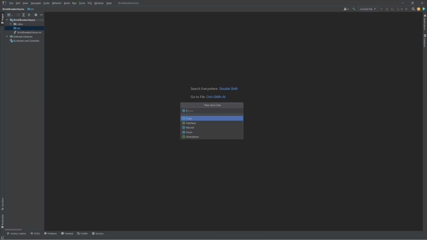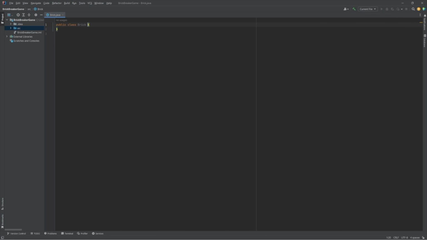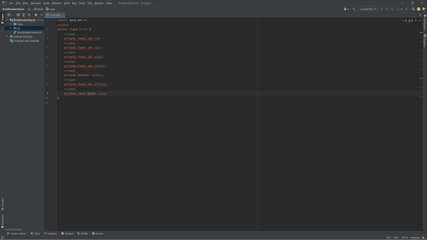This is a Java class named Brick that represents a brick object. The class has private instance variables for the row and column of the brick, its width and height, a Boolean value to represent its visibility, an integer value to store the offset position, and a Color object to represent its color. The class has a constructor that takes in parameters for the row, column, width, height, offset position, and color